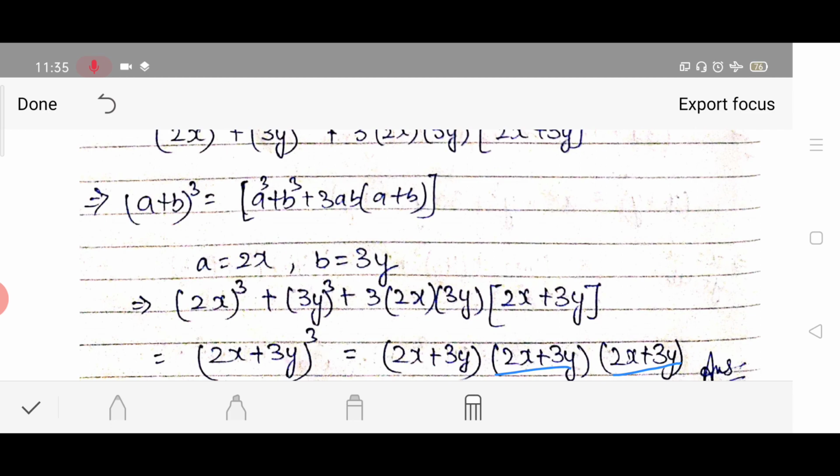We have learned 7 identities and their usage in the questions, and some questions I have not solved here, so you have to solve them by yourself. And kindly note down each and every question in your notebook, because all these questions are very important and will help you in solving your exercise problems also. So that's all for today. In the next class we will be solving our exercise questions, so go through the video properly, and thank you.